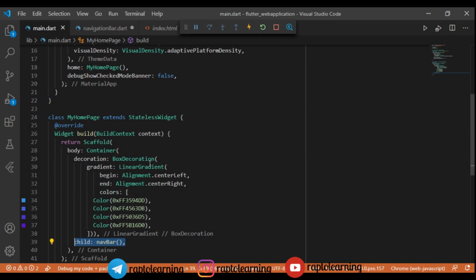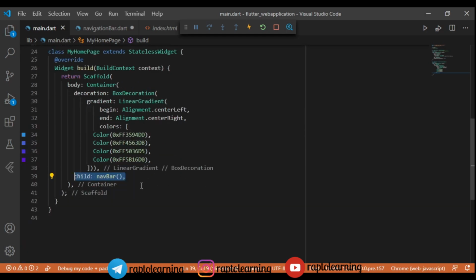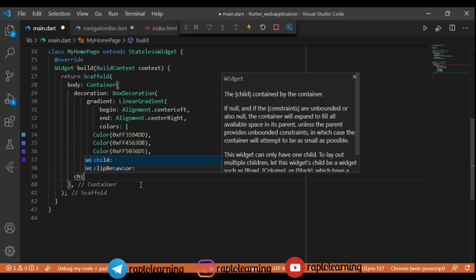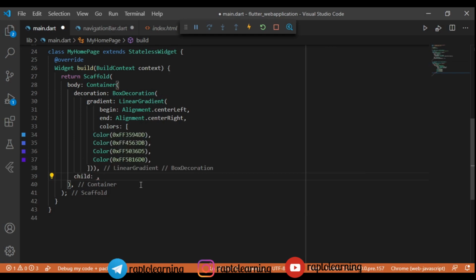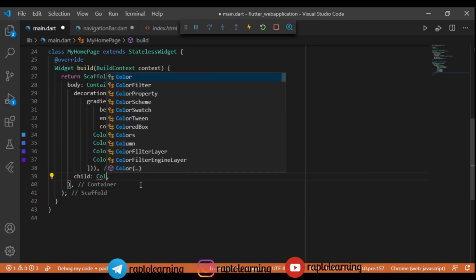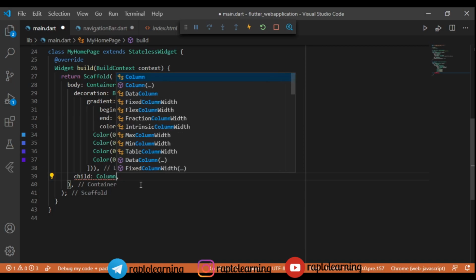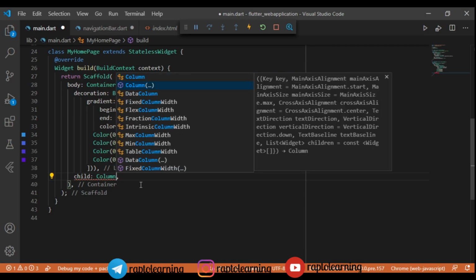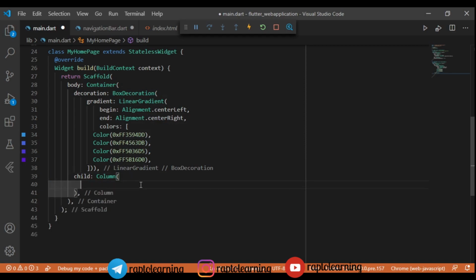So I have mentioned it in the decoration, that is box decoration, right? So we'll just cut this out from here, and we will insert the nav bar. We will specify one child, and then we will probably insert one column here, and in this column I will return the nav bar.